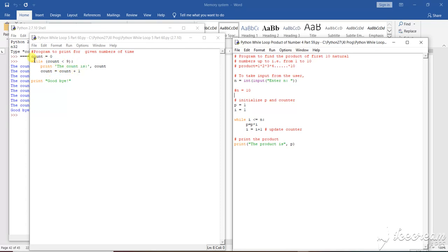Why? Because I have first initialized the count value. After initializing the count value, I entered into the loop. When I entered into the loop, it will execute that many times. The condition given here is that count should be less than 9. So up to less than 9, that means up to 8, from 0 to 8 the loop will execute. As from 0 to 8